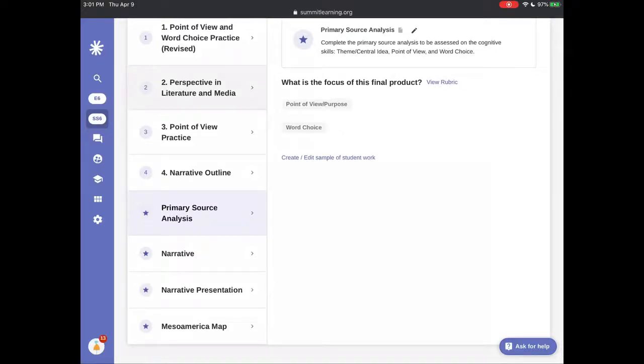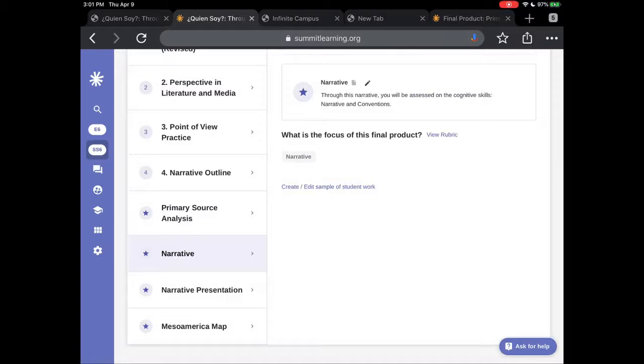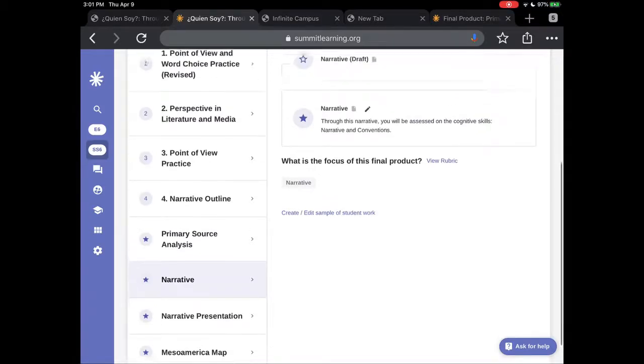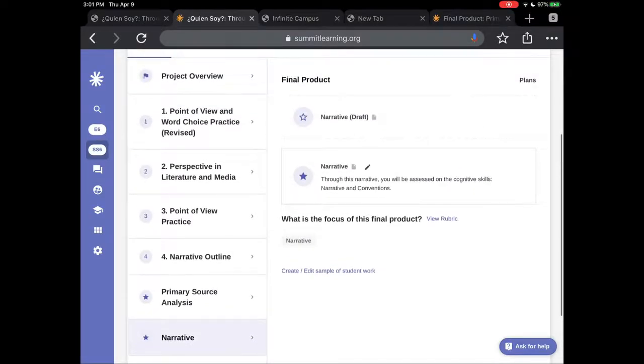For next week's class, the other final product we will be working on is our narrative final product. And this is the one that we've been working on in class, that we worked on face-to-face, and we kind of worked through writing Three Little Pigs. We first started by writing different points of view of the Three Little Pigs. We explored that article in the New York Times that looked at different points of view in our news broadcasts, and we've looked at different points of view of the Spanish and European colonization of the New World.